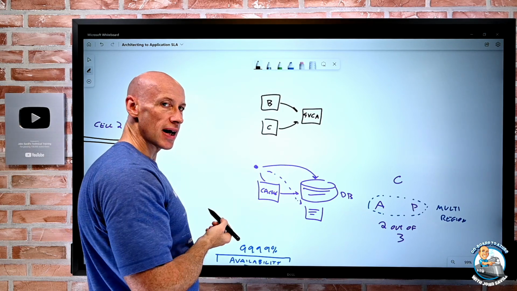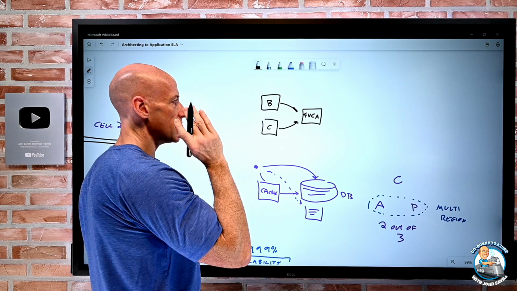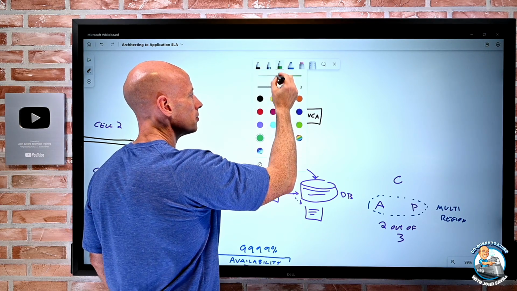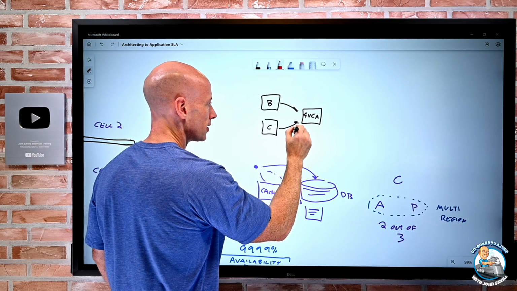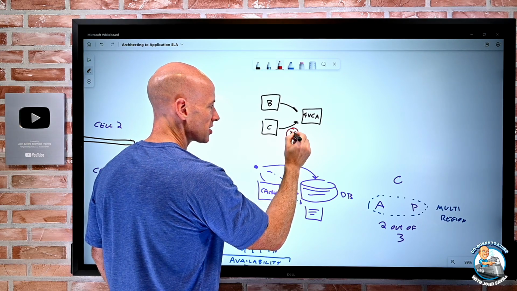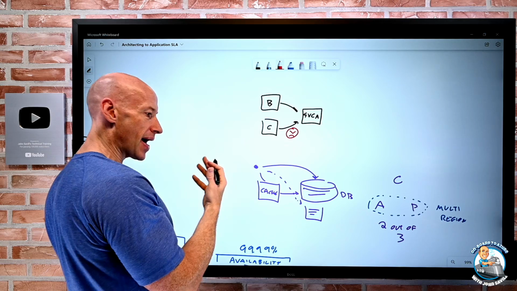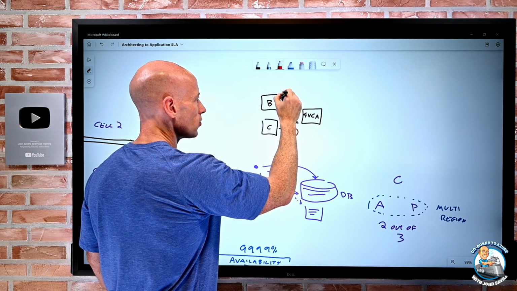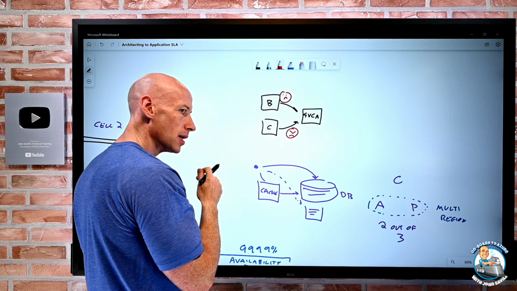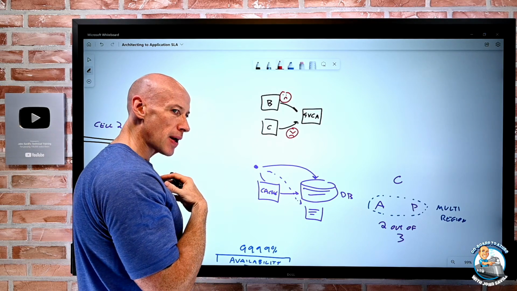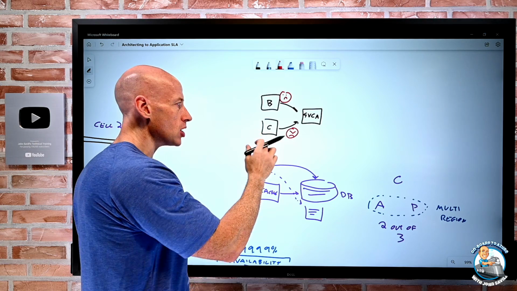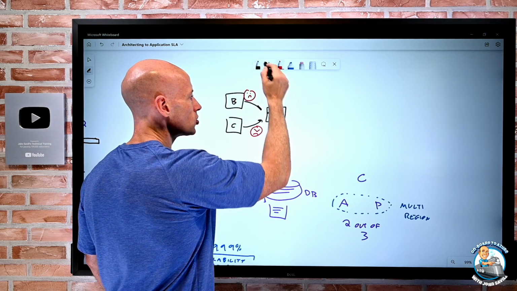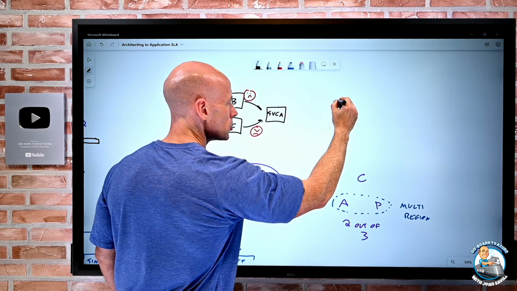What if C misbehaves? What if C is just hammering my service? Maybe it's accidental, maybe it's deliberate, maybe there's some bad thing coming in. Well, it then makes this sad because there's not enough resource for it to handle. So sometimes from a bulkhead perspective, those isolations, even though it's one service, what I actually might do